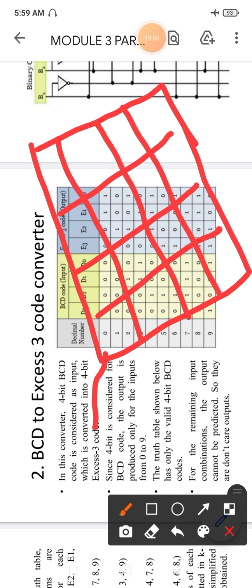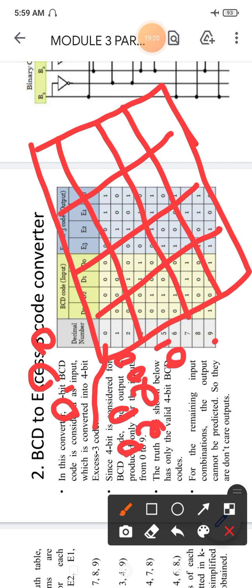So say here we are having D3, D2, D1, D0. That is 00, 01, 11, 10, 00, 01, 11, 10.